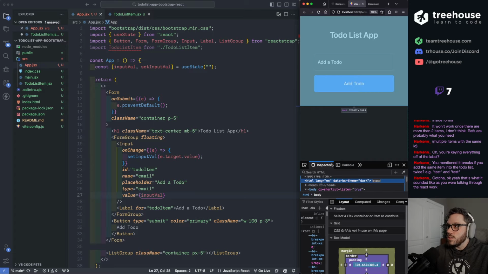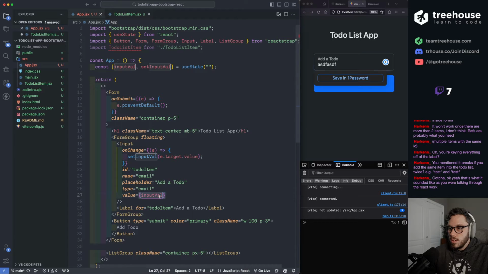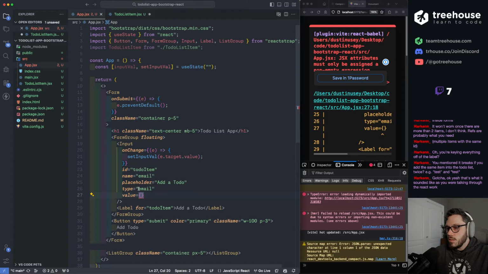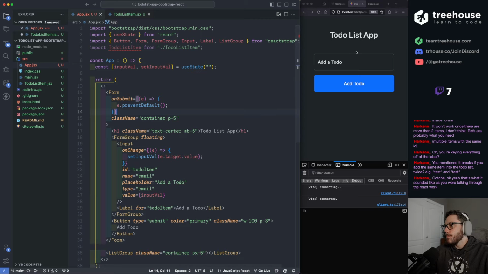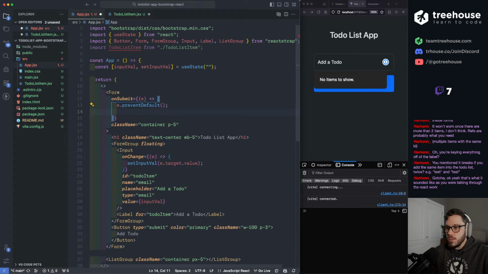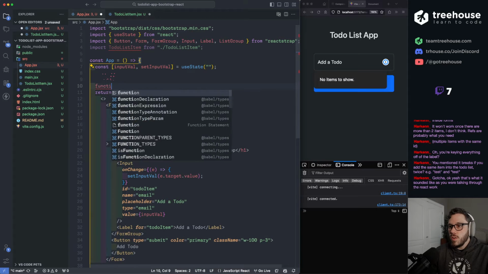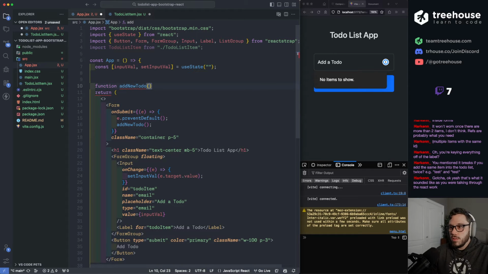Make sure there's no errors. Cool, no errors. On form submission, we want to add a new to-do. So let's say add new to-do. Function add new to-do.